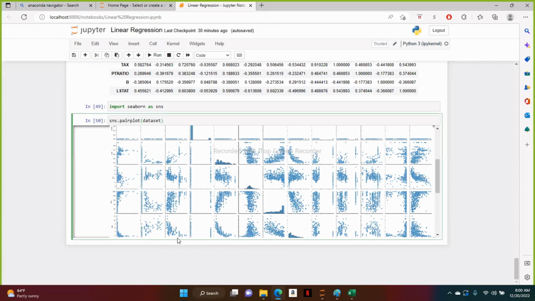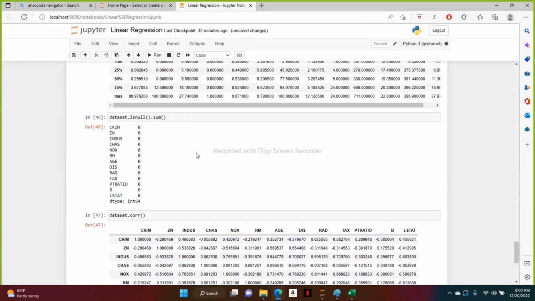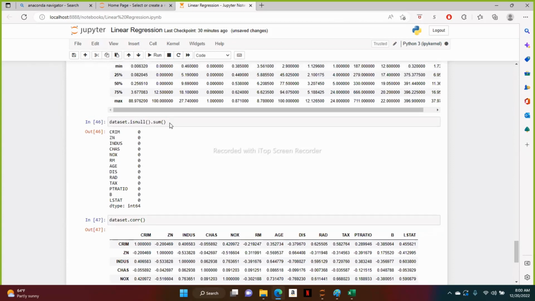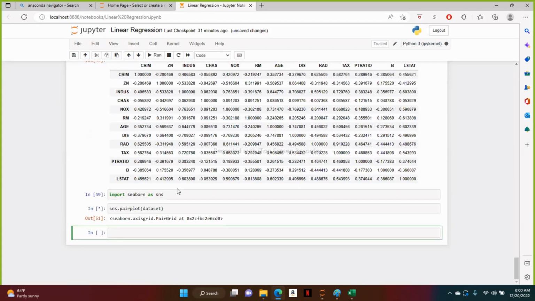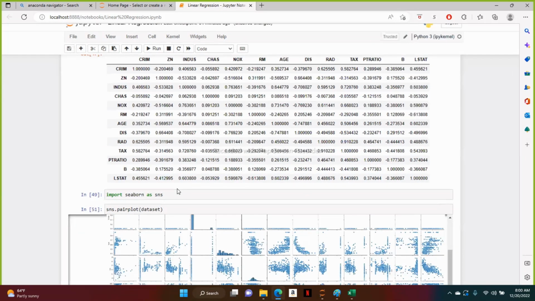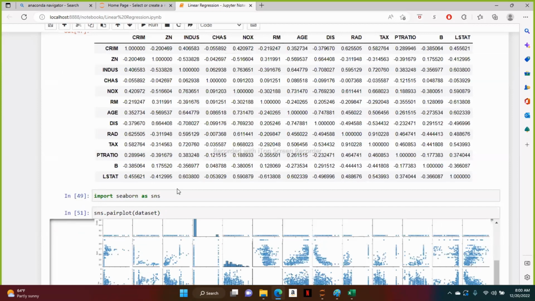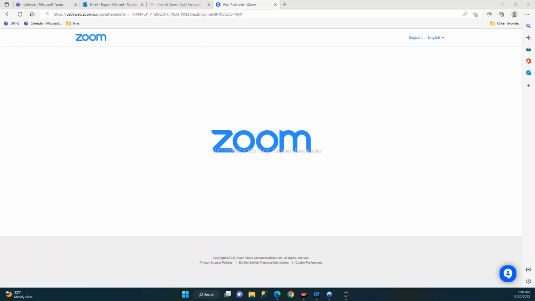And people are going to ask us, when we are given a particular data set, we're going to do the exploratory data analysis. I told you, EDA, right? Exploratory data analysis. So this is what EDA means. In EDA, we look at the correlation here, and we try to give a pair plot out of it. This is nothing but an exploratory data analysis. In exploratory data analysis, we are trying to explore some details, like I don't know the story of the data. I just want to know how